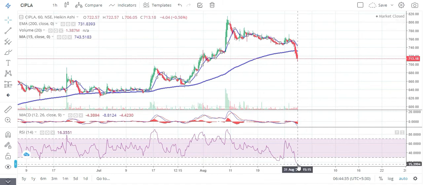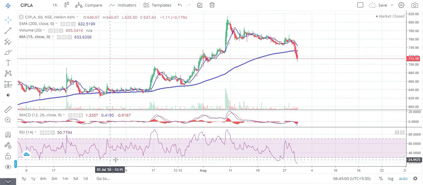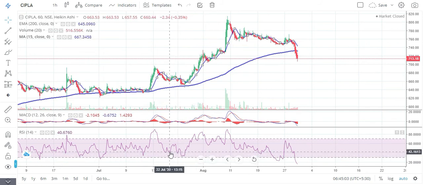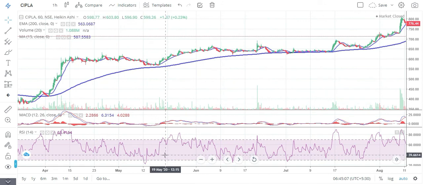See, for example, today I could be buying Cipla. It's really oversold. It's definitely going to change its direction and go upwards, at least till 40. That's guaranteed, because we have gone over the recession and the pandemic, so I'm pretty sure it's going to be stable now. It's going to go all the way till 40, and from there we'll see how the market pushes. We also see there are few points where exactly at 30 it bounced back, near the 30 area. So even buying near 30 or less than 40 is also a good idea.